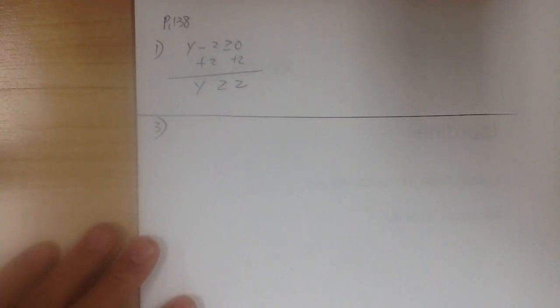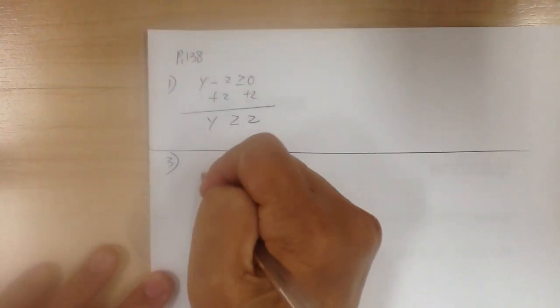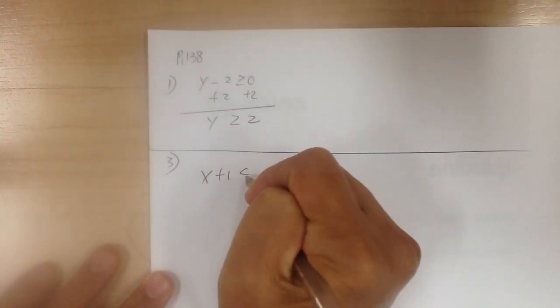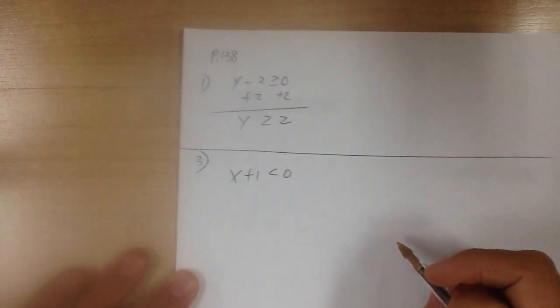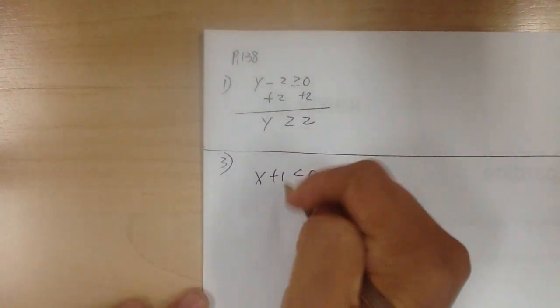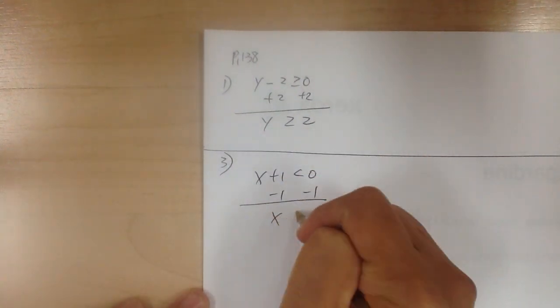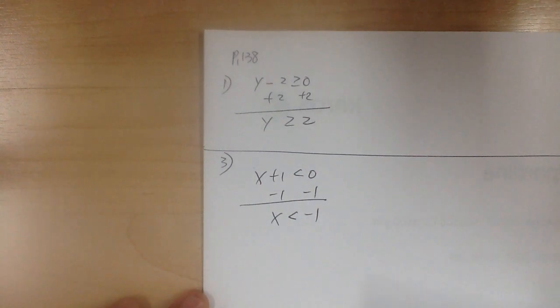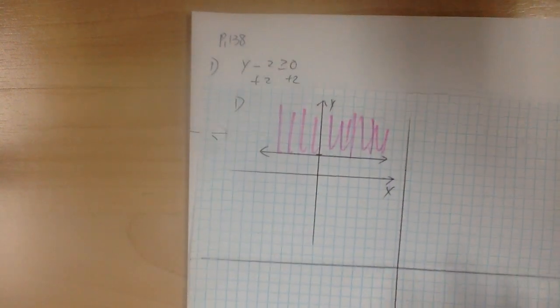Okay, number 3. And we have x plus 1 is less than 0. So again, you only have one variable, so you can go and solve. So you got x is less than negative 1. Okay, so for number 3,